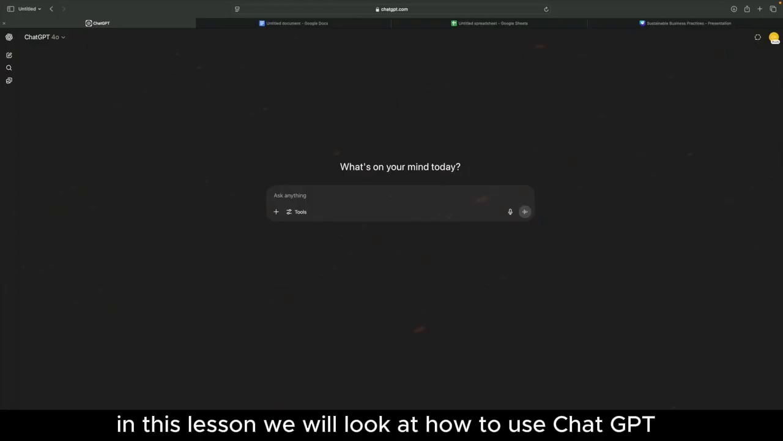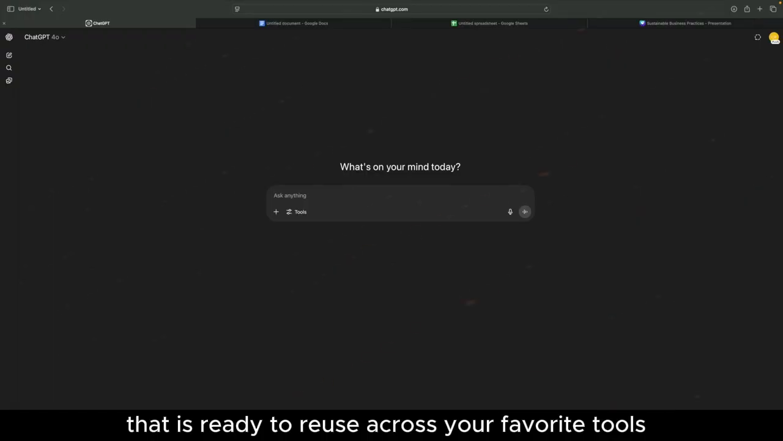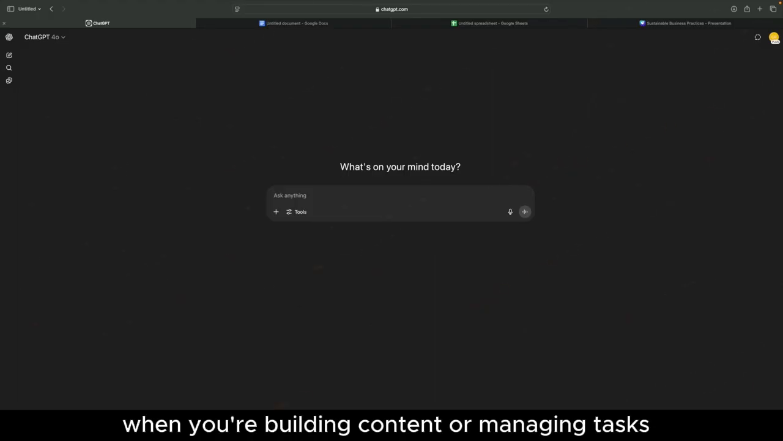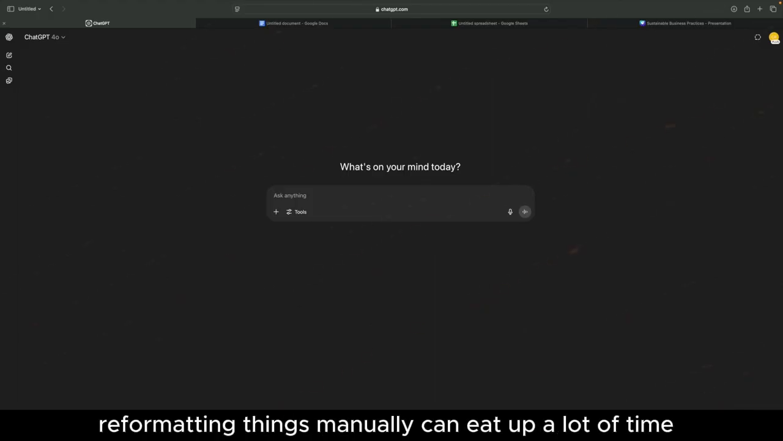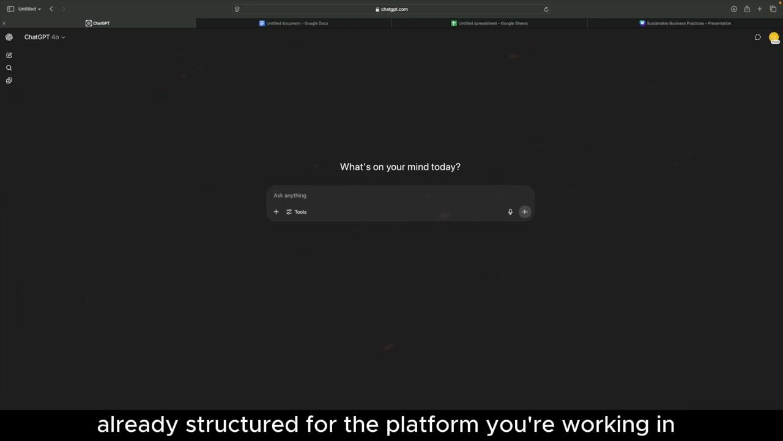In this lesson, we will look at how to use ChatGPT to generate content that is ready to reuse across your favorite tools, whether that's Notion, Google Docs, Excel, Canva, or Slides. When you're building content or managing tasks, reformatting things manually can eat up a lot of time. But with a little bit of prompt planning, you can have ChatGPT deliver content already structured for the platform you're